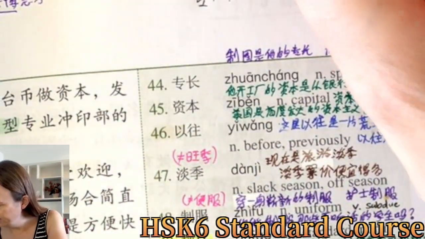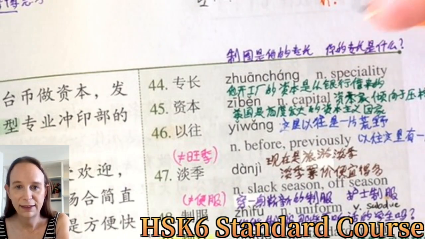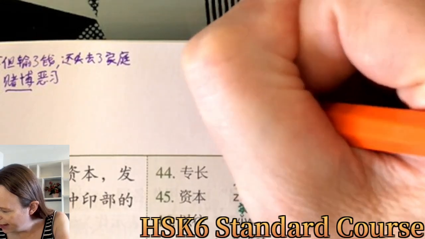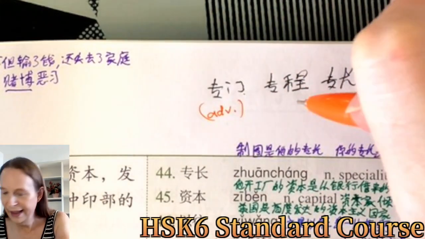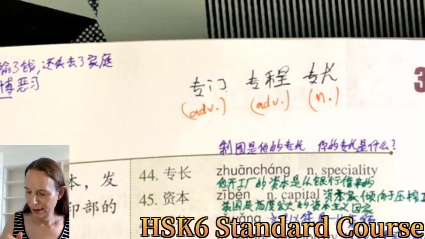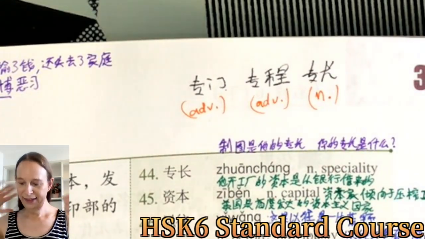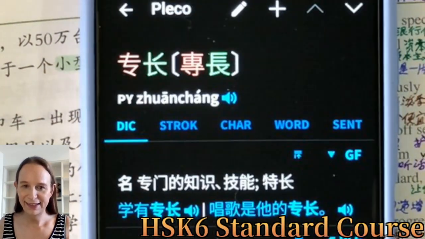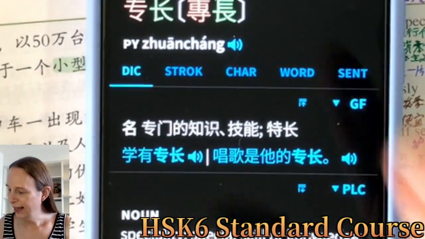So this is different. So this one's a noun. This is, well, I use it as an adverb. And this one I also think it's an adverb. 专长 is a noun. Okay. So that's the key difference. This is a noun. 专门的 like 专门